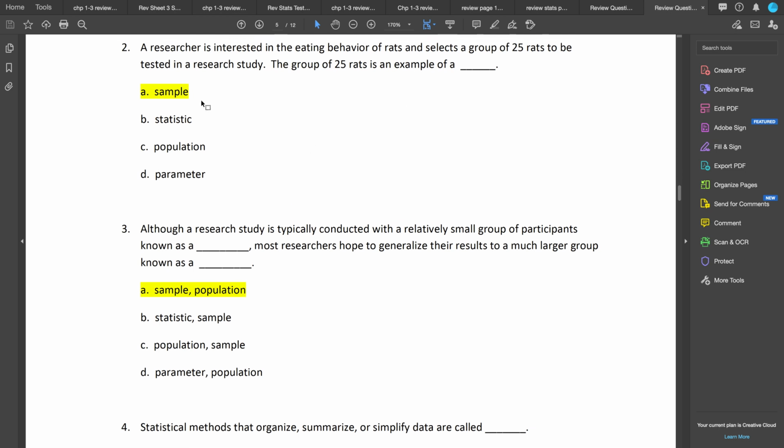Again, you start with this big population. I'm sure they had more than 25 rats in the place, and they selected a group of 25 to study. So the population is all that you have to choose from, everybody. The sample is a subgroup or a subset of the population. Okay, it's very important. There will be a question on your test where you're asked to differentiate between population and